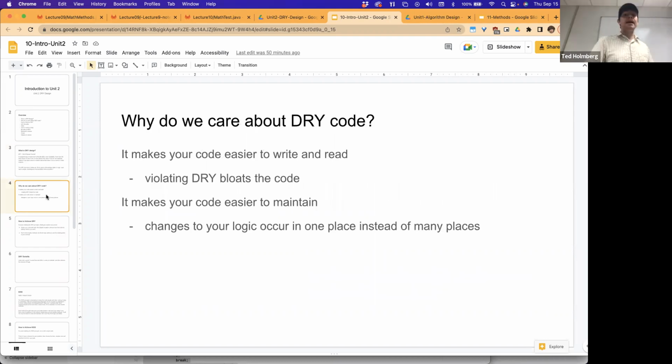So why do we care about DRY code? It makes your code easier to write and read, because when you violate the DRY principle, what effectively happens is you bloat your code base. Again, with the game that you're writing, if you want to add a lot of deep features but don't adhere to the DRY principles, it's not uncommon for your code base to explode up towards 1,000 lines of code,